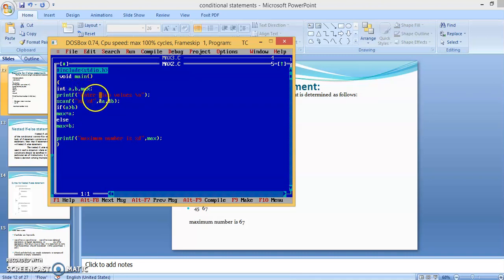Then reading two values, storing them in a and b. To find the greatest of two numbers, we have to compare those two numbers by using the relational operator greater than symbol. So checking whether a is greater than b or not. If it is true, then that a value is assigned to max. If a is not greater than b, then definitely b will have the greater value, that b value